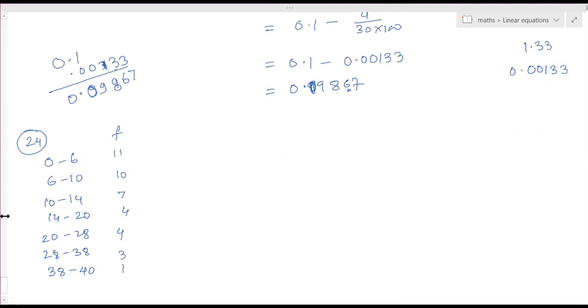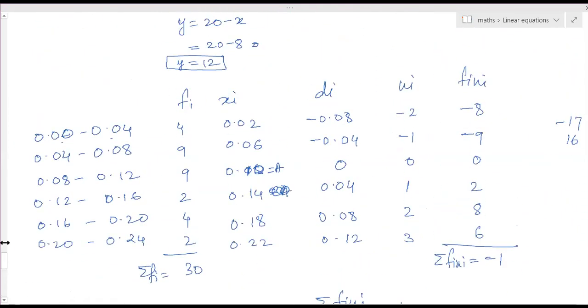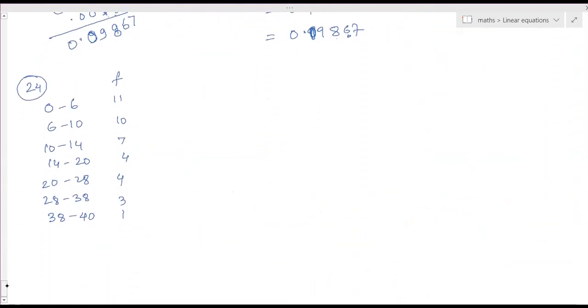What is the difference between the assumed mean method and the step deviation method? It is the Ui value. For Ui you are doing Ui equal to Di by h. Now here the class size is not same, so don't use the class size part. Do it with the assumed mean method. Mary asked this last class, and I told her when the class size is not same, don't use step deviation, use assumed mean.